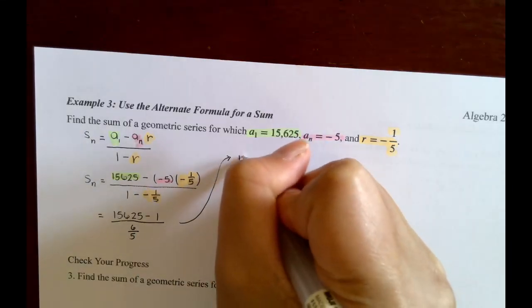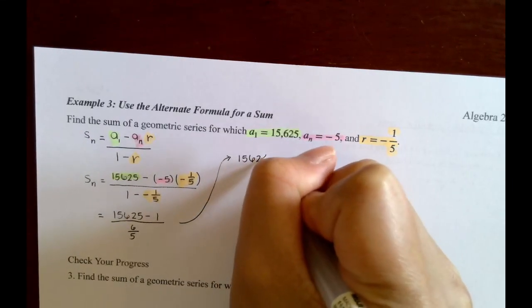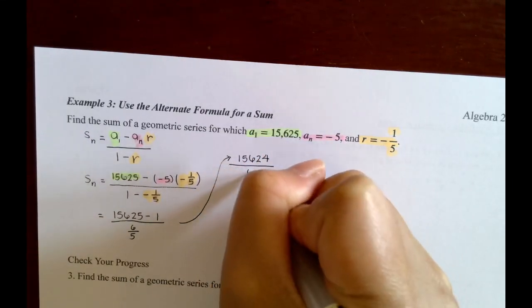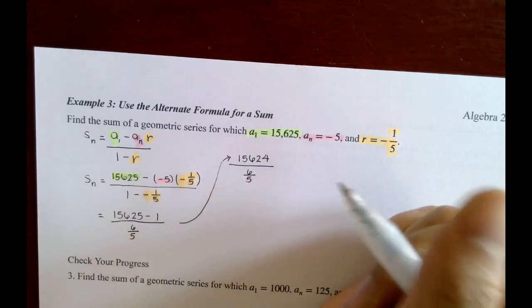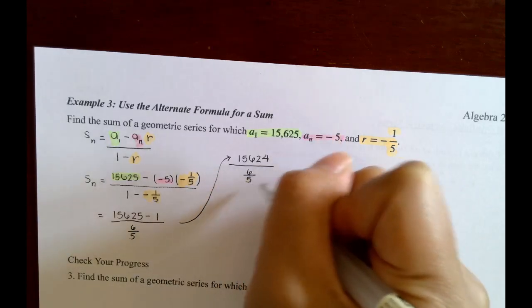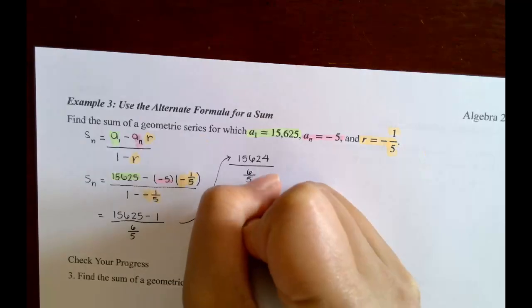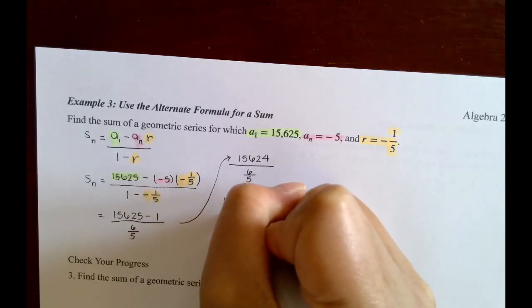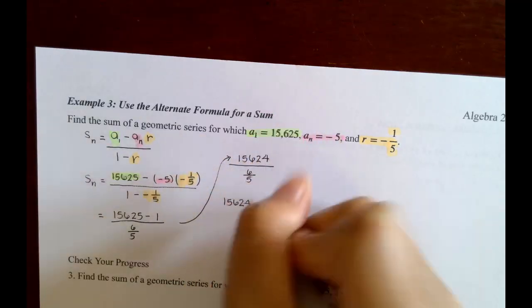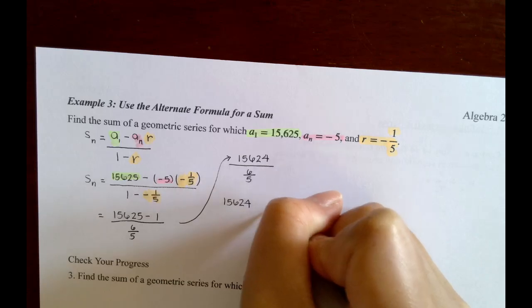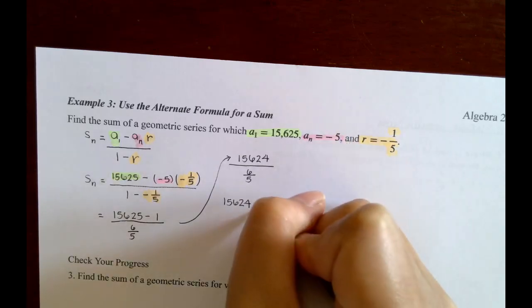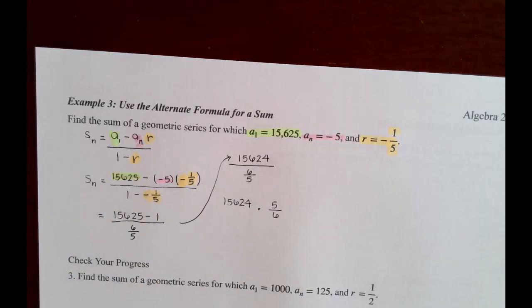This will be 15,624 divided by 6/5. If I want, I can change this to 1.2, or I could also use dividing fractions. Keep the first fraction, flip the second one, so 5 over 6, and then multiply. So 15,624 times 5, divided by 6, and this gives me